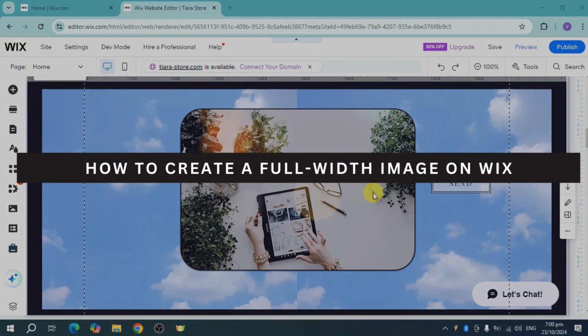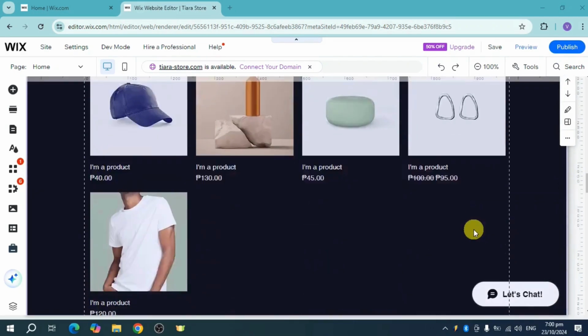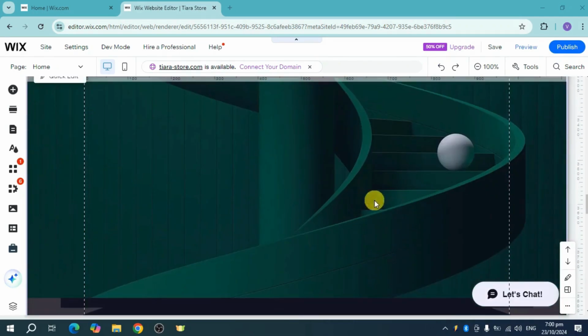How to create a full width image on Wix. So on my site, I have this particular image which is not full width. Whenever you try to add an image to your site, it will still only add something like this. Now, if you want to add a full width image like this one, what I recommend you to do is